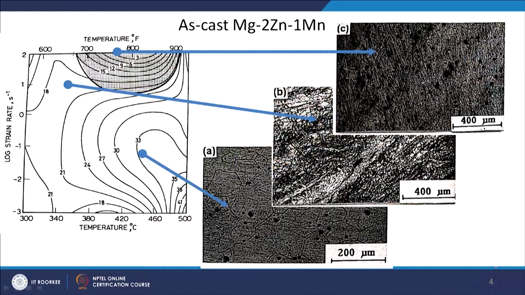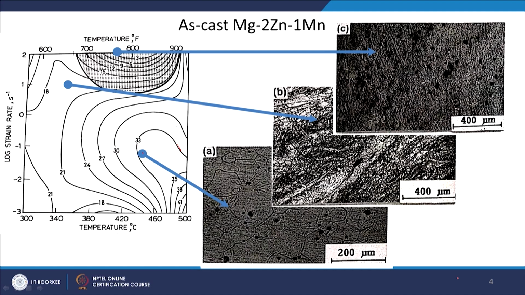This is of the same alloy. This was in a different condition. I think this was homogenized and this was in as cast condition. So, in as cast condition you can see that there is a breakdown of dendritic structure where you have got this high efficiency. So, this area is where you have got the high efficiency. So, from this particular processing condition a microstructure is taken.